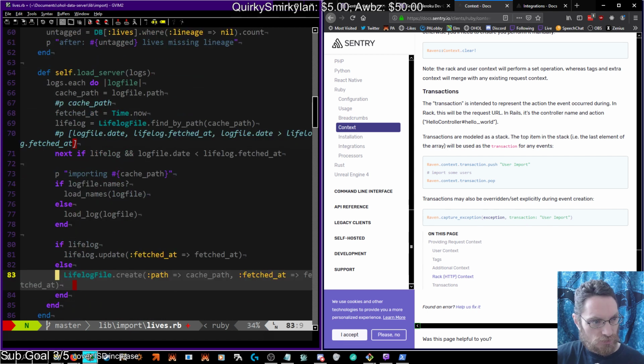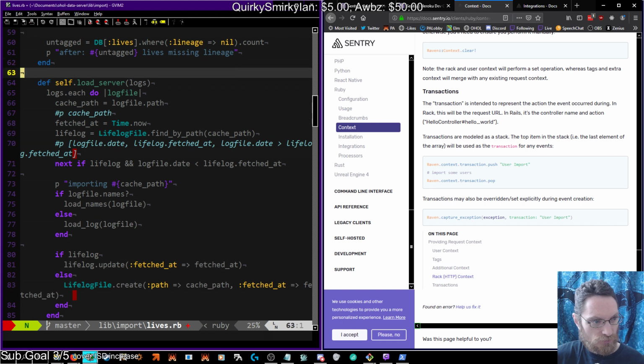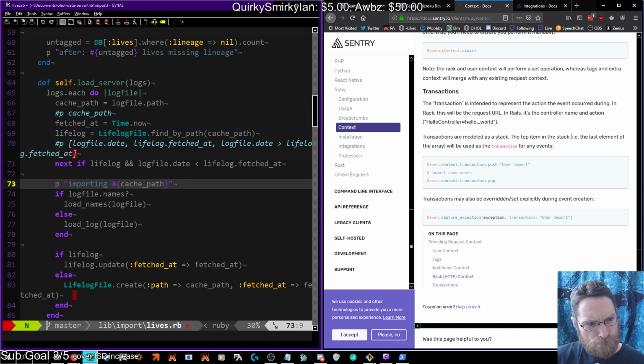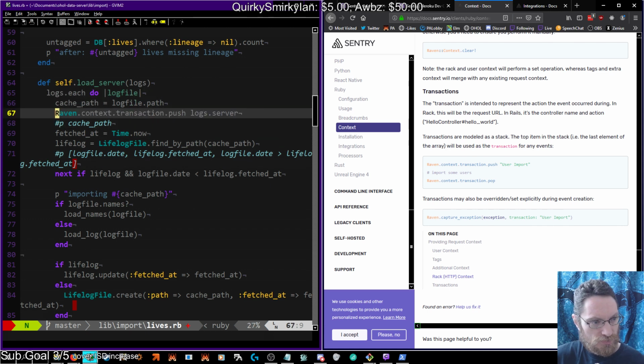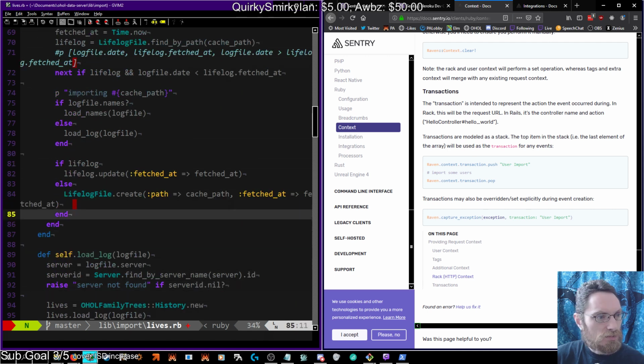Load server is a particular log file. Importing cache path. And